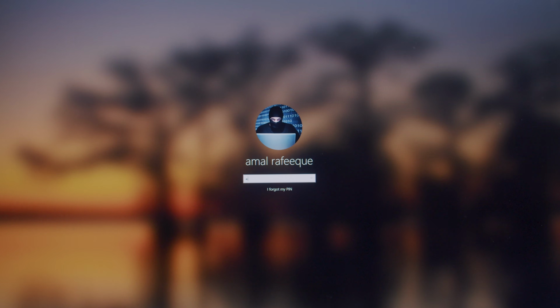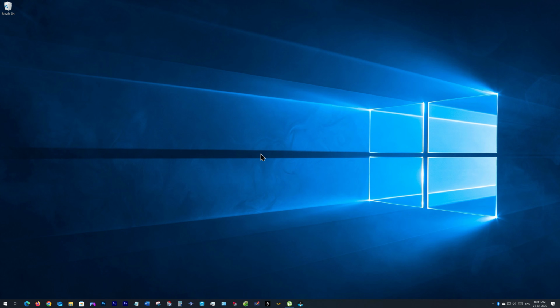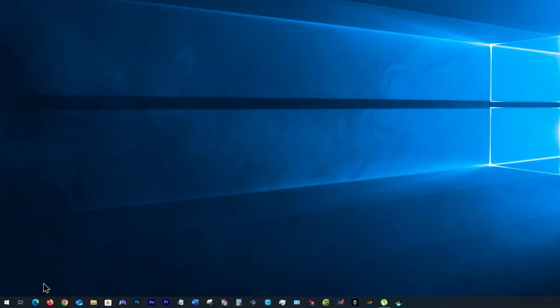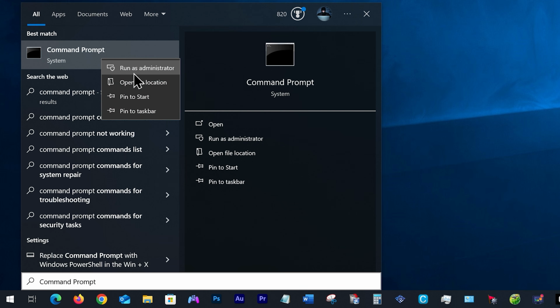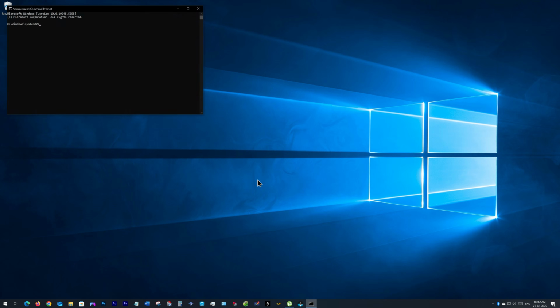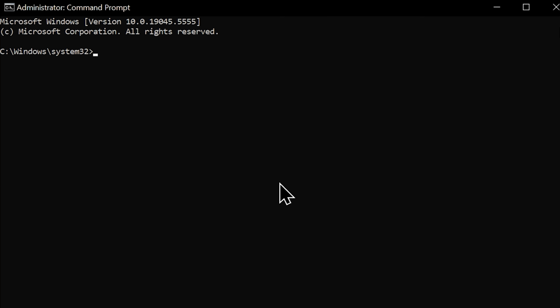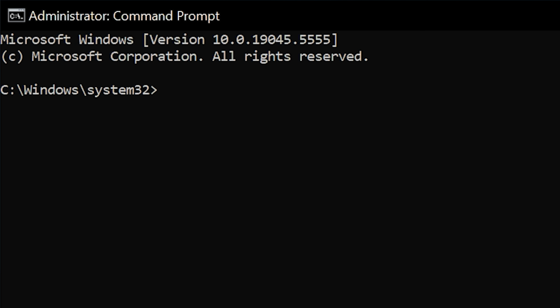It isn't over yet. Now we have to diagnose the file system for corrupted files. So go to your start menu, search command prompt, now right click on it and choose run as administrator. That will open your command prompt with elevated permissions. Now we can run a command to check your Windows file system for file corruption. And hopefully we can find the corrupted files that caused the BSOD and fix them. So type in the following command: